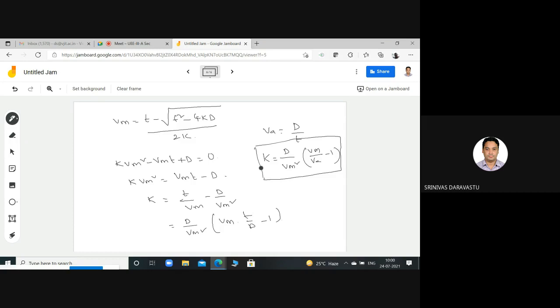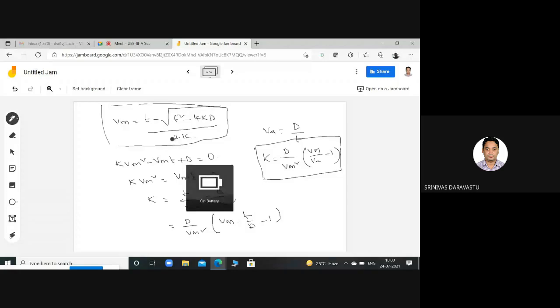If we want to find the k value from the average speed, this formula should be used. The maximum speed Vm equals T minus under root of T square minus 4kd, by 2k, where T is the actual time of run and k is the constant. We will get the value 1 by 2 into 1 by alpha plus